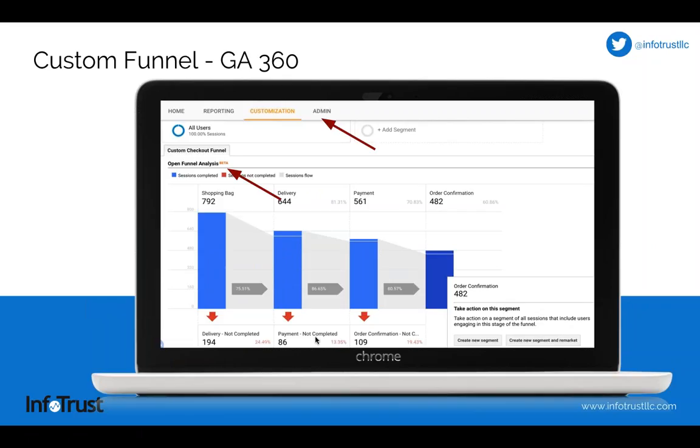So it's just a landing page. It's not necessarily a detail page or anything like that. Or maybe it's a category of page. How often are people going to our blog pages, but then ultimately coming back and hitting the checkout steps? Any kind of combination of stages that you want to see users flow through, where they're abandoning and at what rate, you can build a custom funnel which looks exactly like a standard funnel, but just has logic built in that you set and you control. And again, from this, you can create segments for analysis or audiences for retargeting in advertising platforms simply by clicking and engaging with this report in GA.